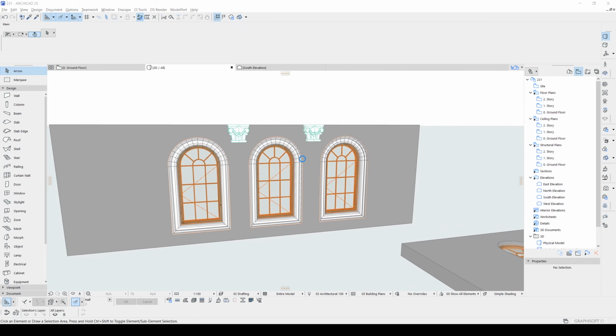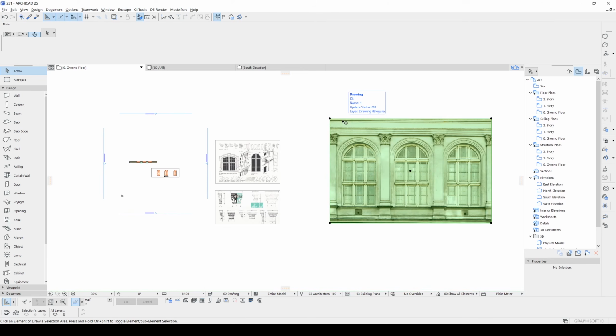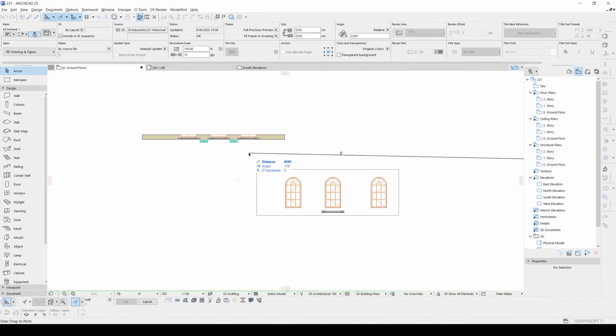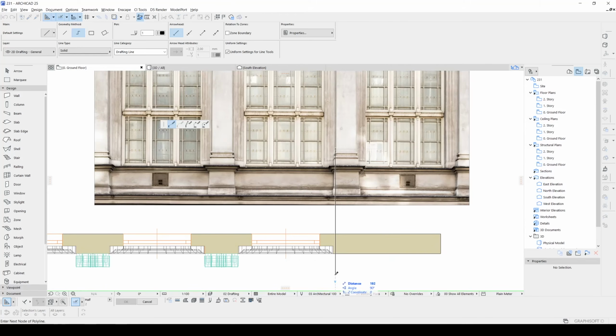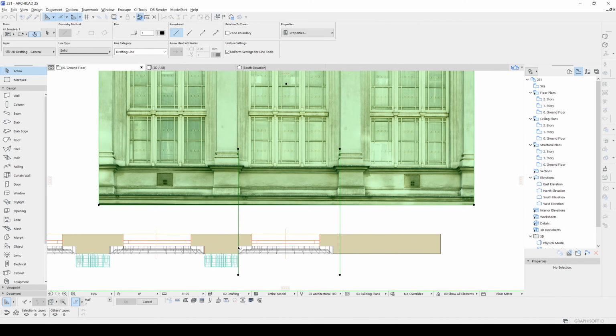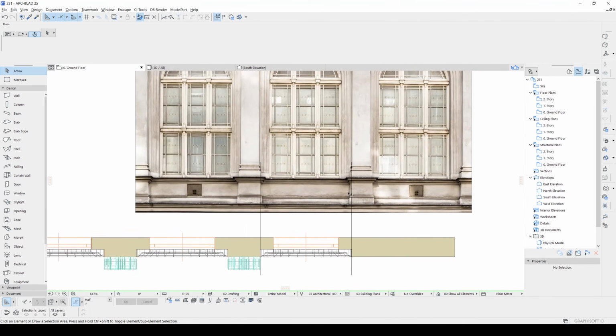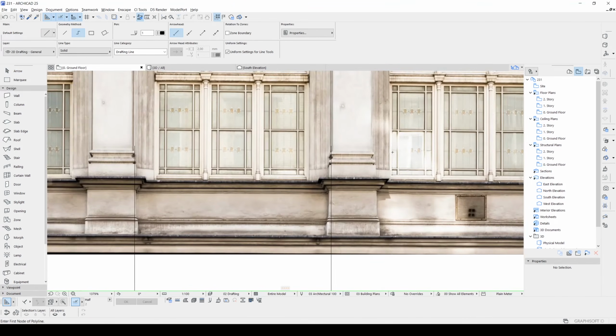Let's go back to our reference image, and we have a base part here. We are going to model this now. Alright, I have imported the reference image, and now we will rescale this according to our windows. Maybe using some lines will be a good idea. Again, Ctrl plus K from here to here. And now it's rescaled and we are going to create our profile.